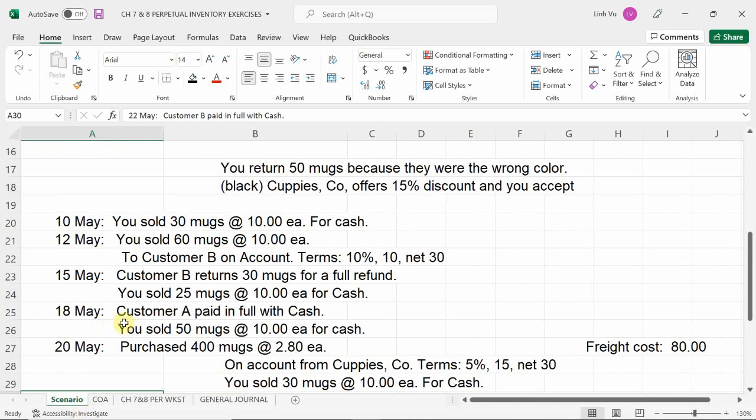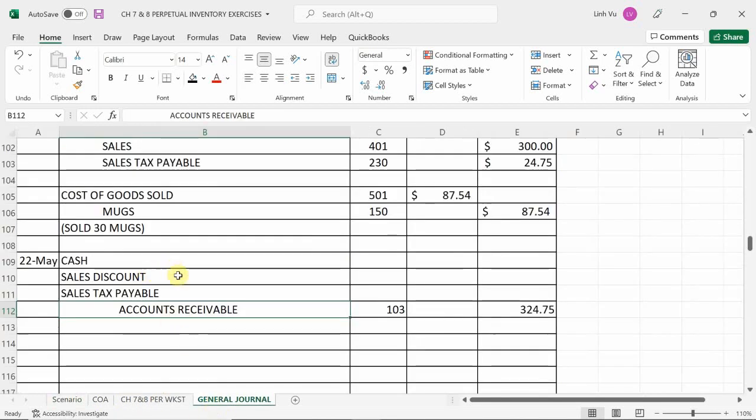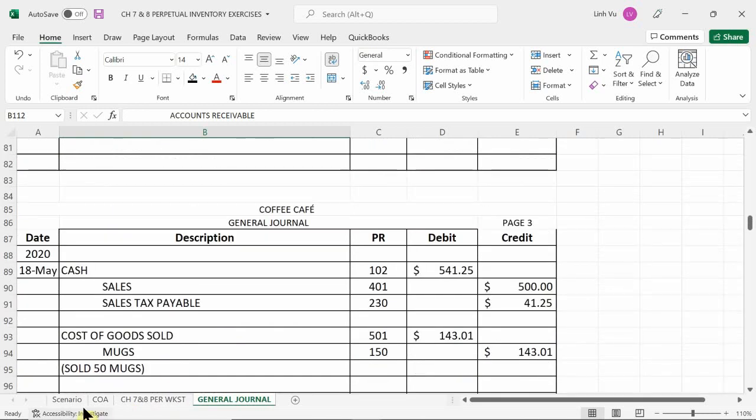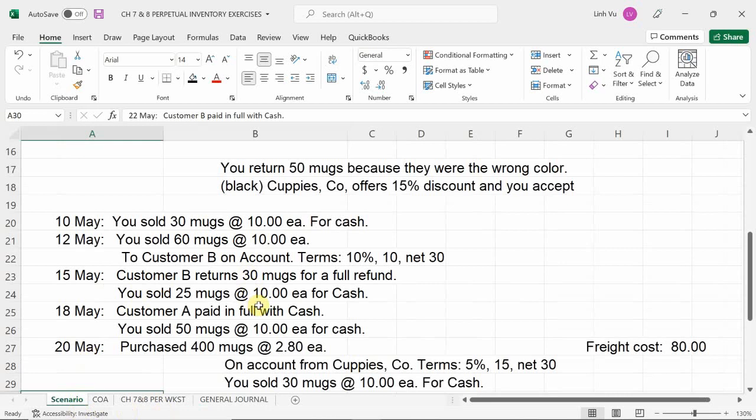We originally sold 60 mugs to customer B, and then customer B ended up returning 30 of those mugs. So how many mugs actually were sold? In this case, we actually sold 30 of those mugs. And in this case, what was the selling price of each mug? We sold them for $10 each, okay? Now, the discount was given to be